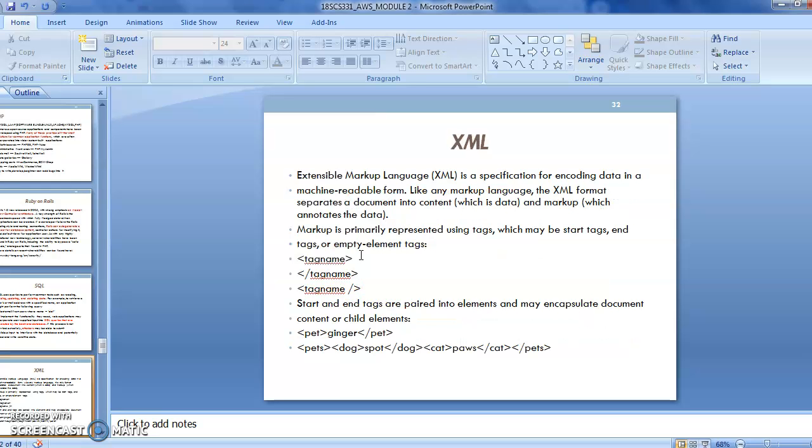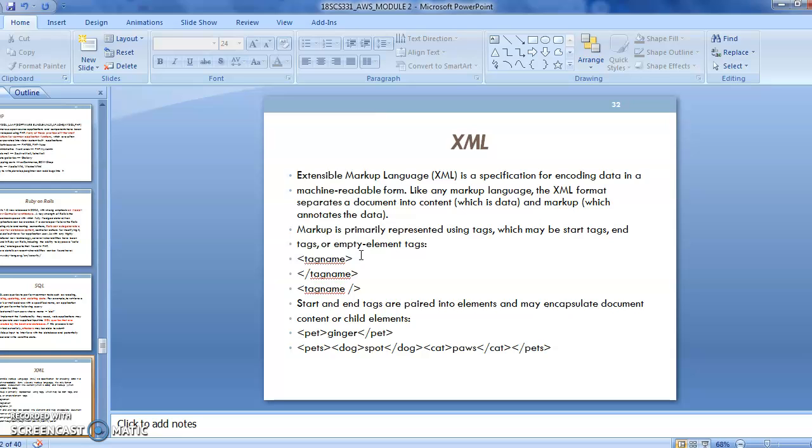Then XML, extensible markup language. As the name indicates, it is used for markup languages, like we are going to provide encryption and all. And most of the time it is used for defining the data type. Whenever we create an HTML document, we simply provide all the values, like the phone number, names, then email ID with special symbols and all, but we do not specify the data type.